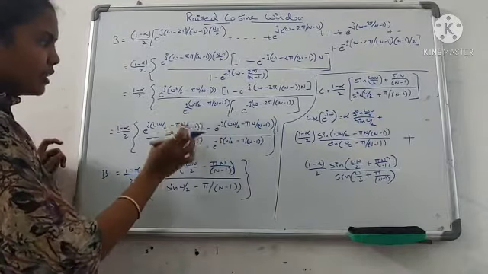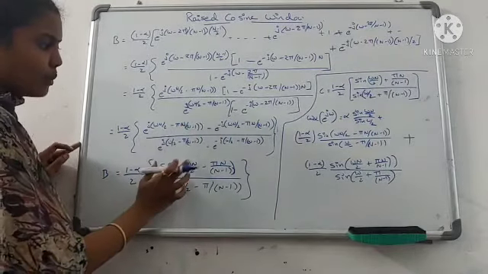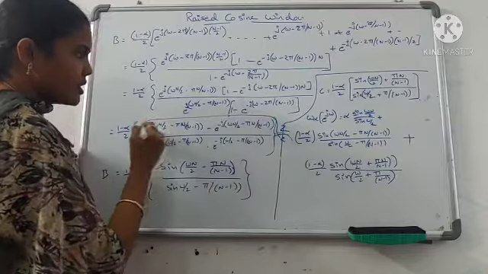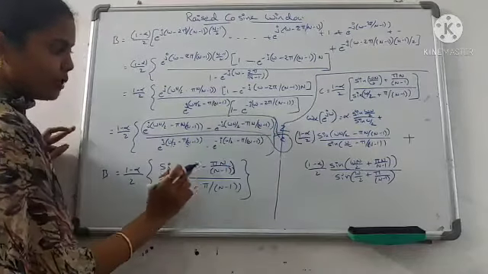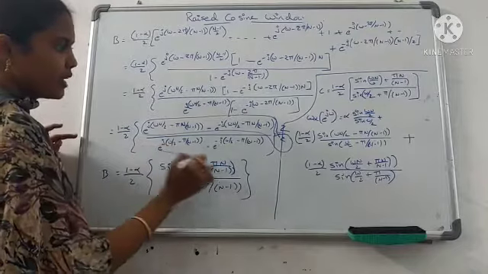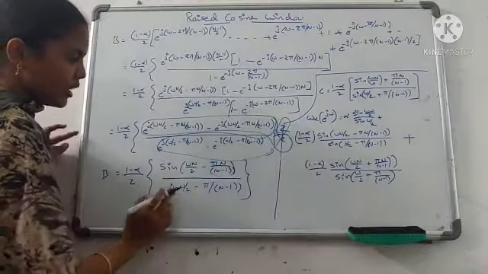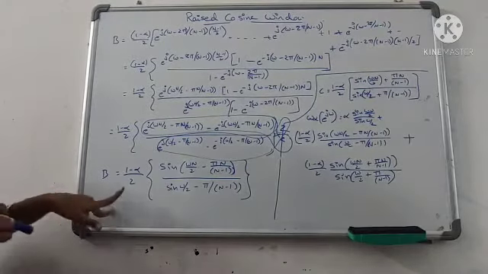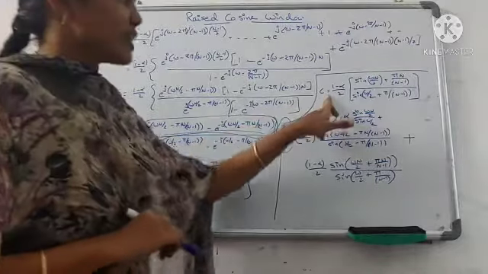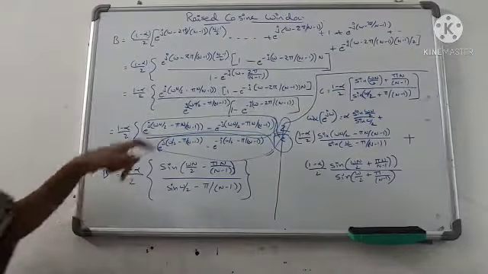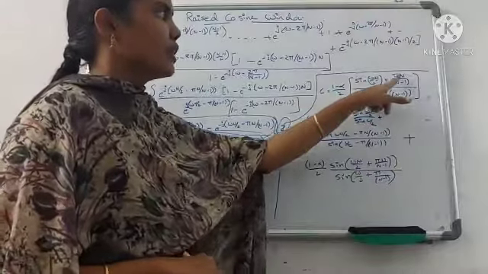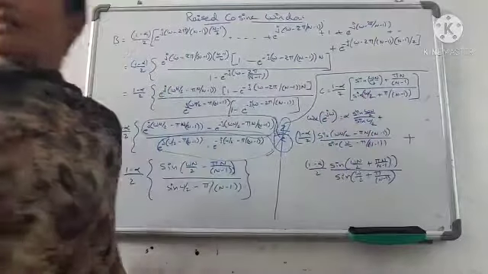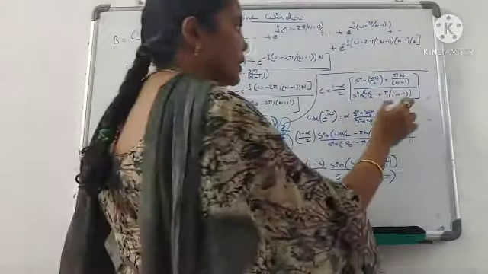Now this equation is in the form of sin omega n by 2. Now you have to multiply and divide with 2, and this equation is in the form of sin of omega n by 2 minus pi n by n minus 1, and this is in the form of sin of omega by 2 minus pi by n minus 1. This is the B value. Okay, so in the same way for the C value, C is equal to 1 minus alpha by 2 into sin of omega n by 2 plus pi n by n minus 1 divided by sin of omega by 2 plus pi by n minus 1.